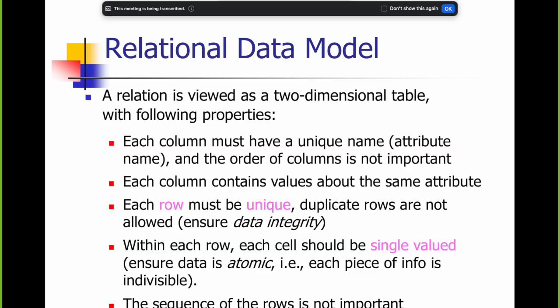So we want to make sure that our data is atomic, and by that I mean we cannot, for example, store information like